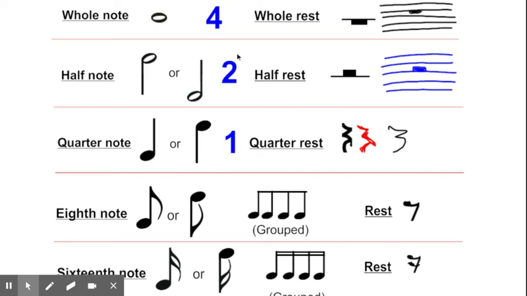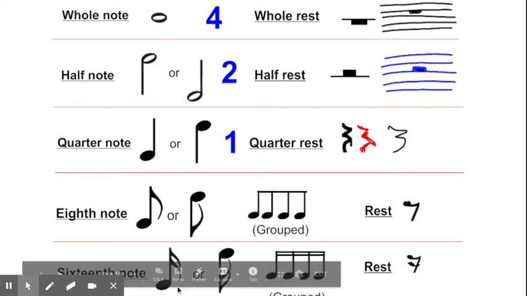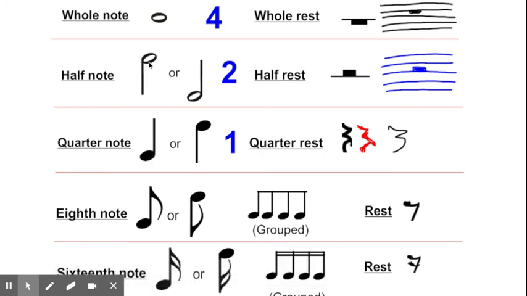So, you can go from the whole note to the half note to the quarter and to the eighth. And each time you do that, the note is half as long, right? So if you go from 16th to eighth, the eighth is twice as long. Quarter is twice as long as that. Half is twice as long as that. So each time you go from a whole note on down, you're cutting the duration in half.